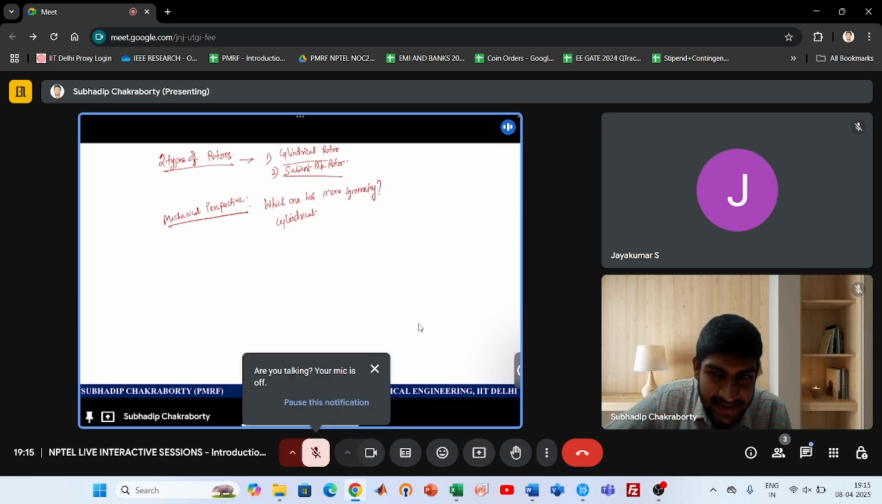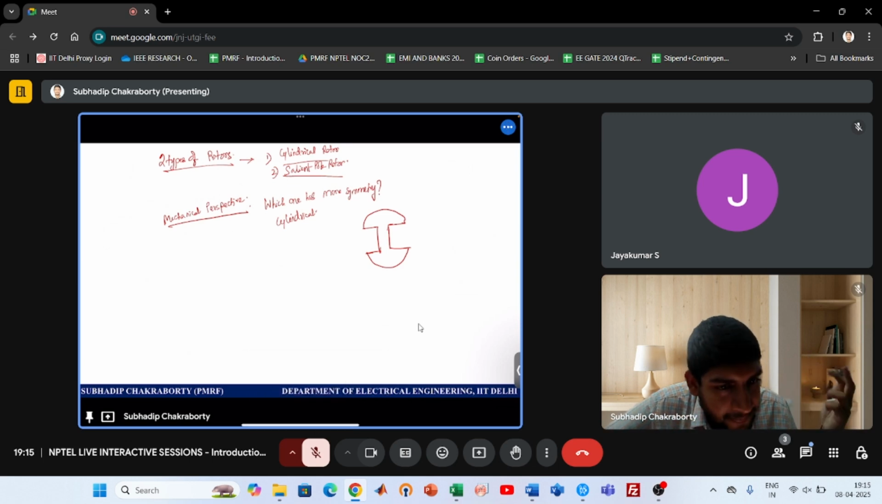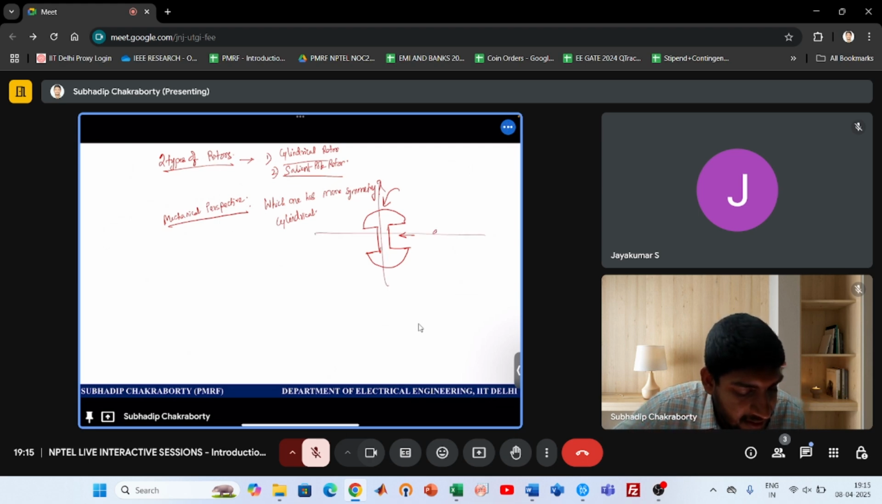Because if you have an asymmetric structure like this, which is the salient pole, where the saliency is not the same over 360 degrees, here it has more reluctance, and here it has lesser reluctance, because on this axis you have more iron, and on this axis air. So it is variable saliency. This is the electrical engineer's perspective. From a mechanical engineer's perspective, they don't understand saliency. To him, it is an asymmetric structure. This circle is not fully iron. So due to the asymmetric structure,